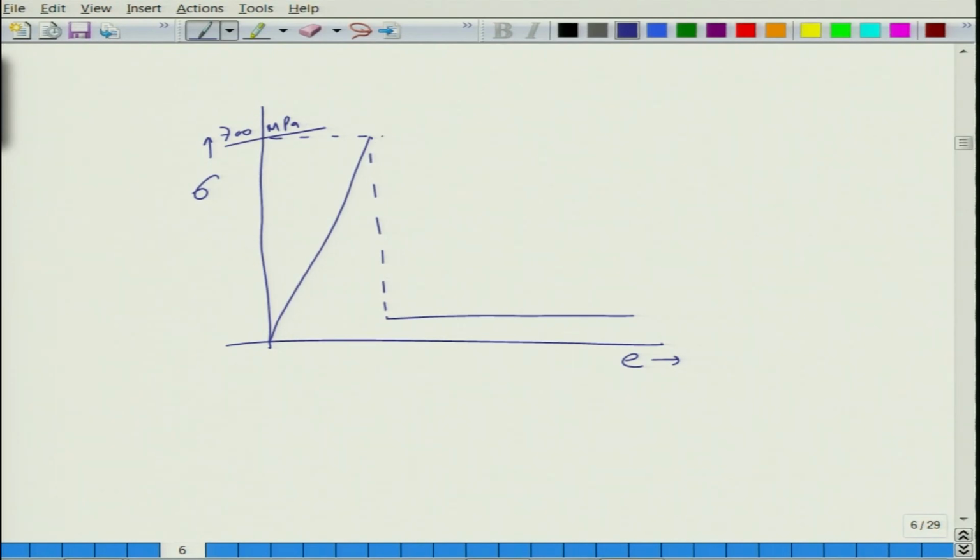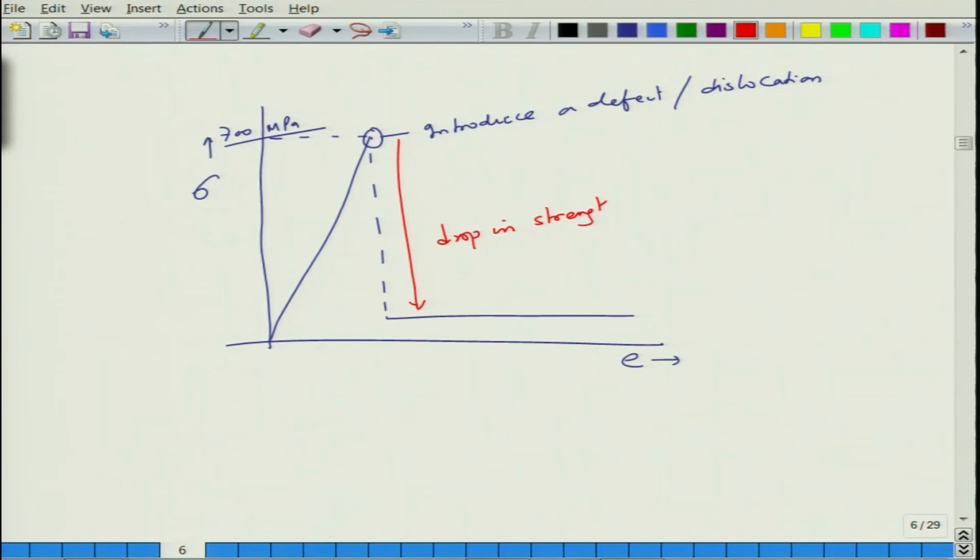When you reach very high strength, you are able to break some bonds, and at this point you introduce a defect or dislocation, and this is where there is a sudden drop in strength. So basically you can say whiskers are defect-free crystals whose dimensions are about a fraction of a micron thick,